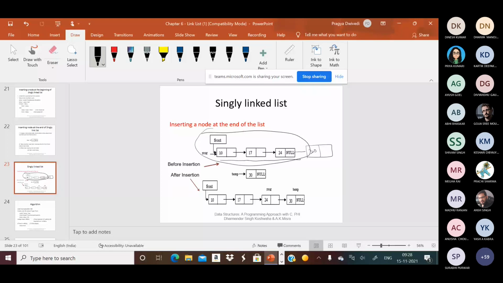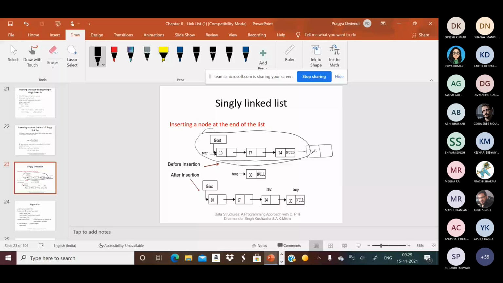What do we have to do first? Ma'am, first we have to traverse through the entire list, and we basically have to find the last element. We know that the last element's link will be null. So we just need to search for the node whose link is equal to null, and then we will create a new node and assign that to the link. Basically, we go through the whole list till the null point.